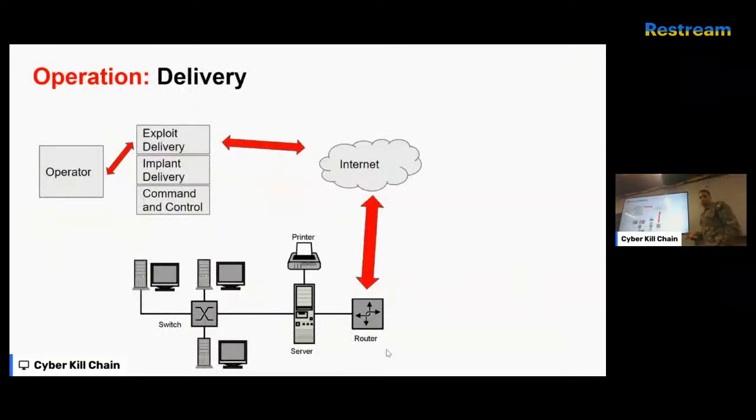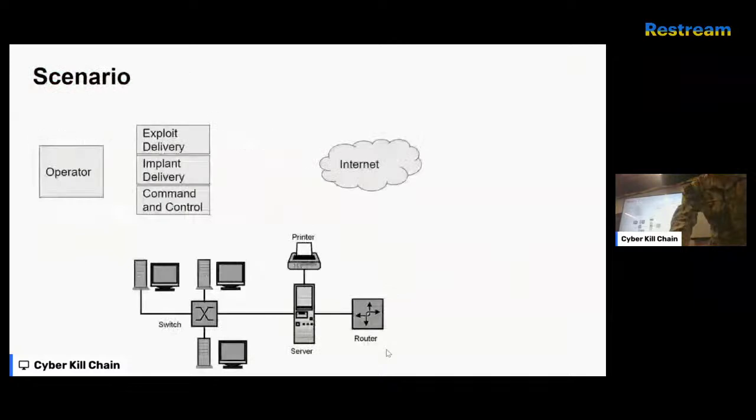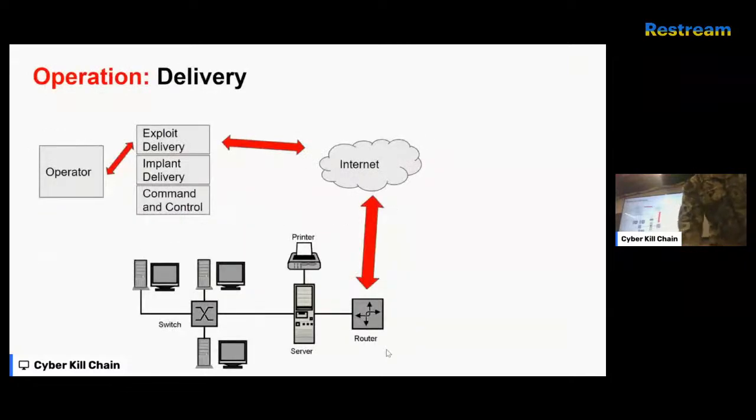Next part, delivery. So this is a part of this operation, this scenario, where you have these different parts. You can see how the delivery works, right? It goes from the operator, and if it's exploit delivery, somewhere to the internet, and then to the router. So this is an adversarial network. But the important thing to note, like I said, is that it's not just through the internet. It's dropping USBs, sending people phishing emails, things like that. Any kind of way that we can get onto this network is how we're going to try to deliver our exploit.